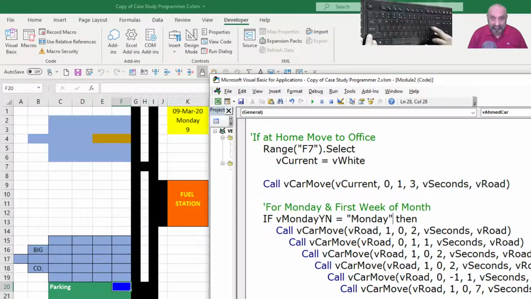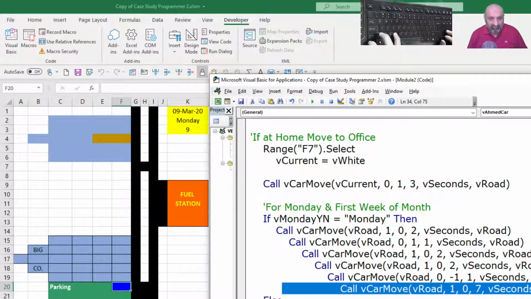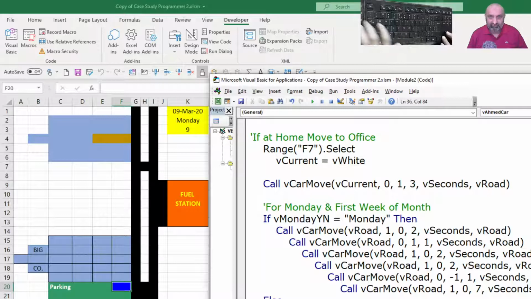I hope you got it, that I'm doing this. Else, if this is Monday, do this. Else it will be the old system of 13 steps, right? Else, and here we can type and if. So if Monday, it will go to the fuel pump, otherwise 13 steps down.